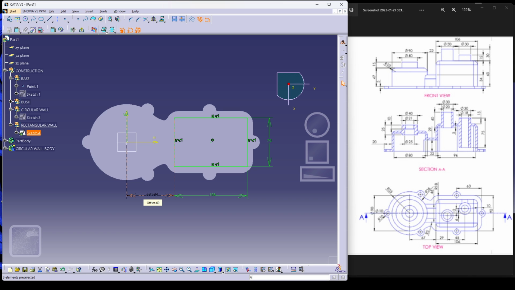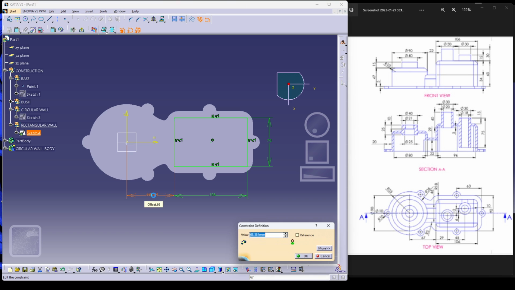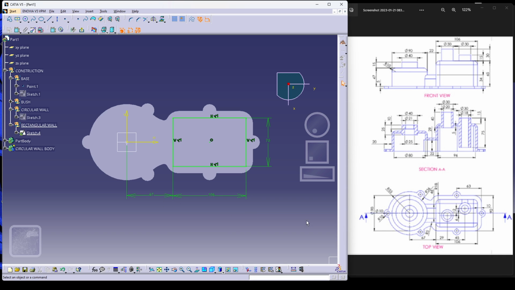It's 67. Yeah, great. We are not going to fillet this now, we will be filleting it afterwards when our design is completed. So this is now ready. Now what we have to do, we have to pad this. So for that, anything else left here? No. So let's exit this